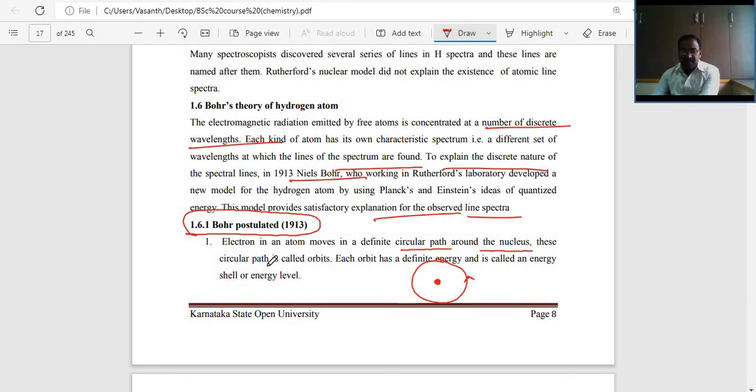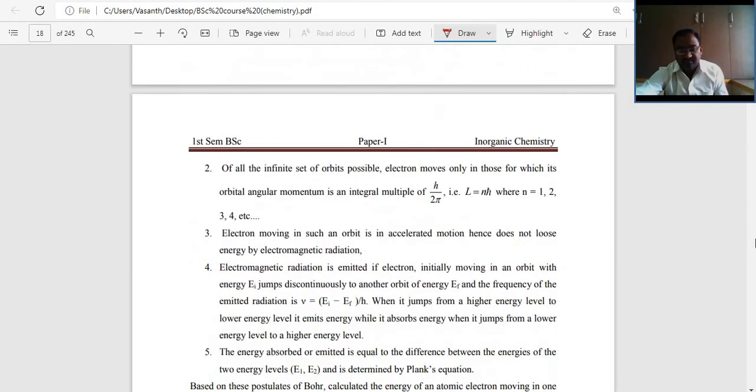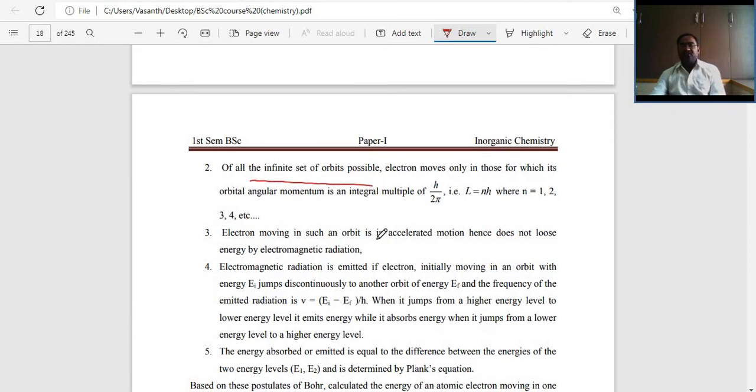This circular path is called an orbit. Each orbit has a definite energy and is called an energy shell or energy level. Of all the infinite set of orbits possible,